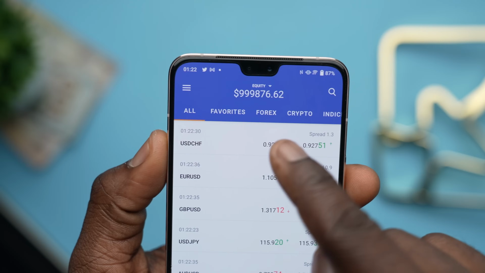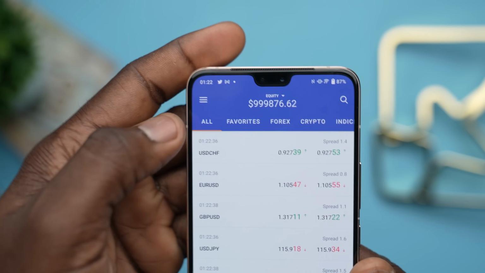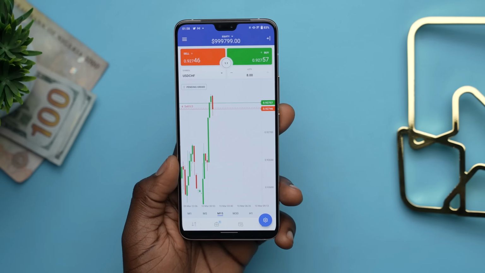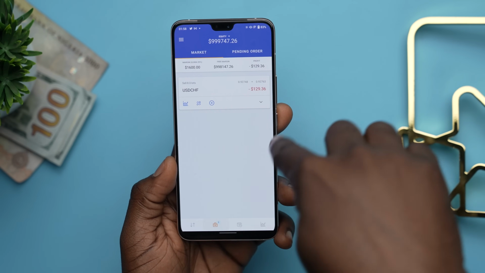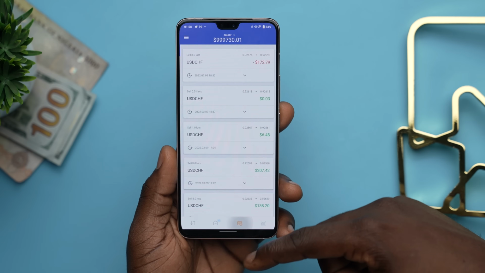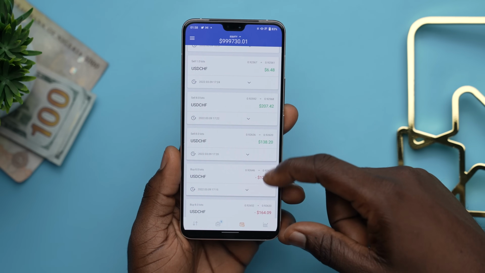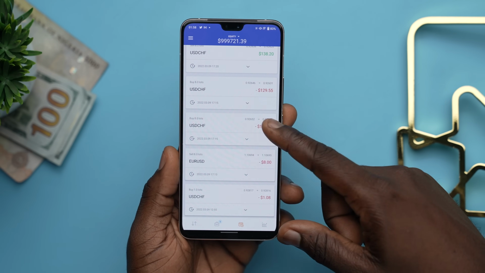And after that, you see a bunch of currency pairs. You can click on any one of these currency pairs and you see a chart of how the currency pair is performing over time. You can see your current trade, you can view your historical trades, and as you can see here, I've been practicing with my demo account, making and losing some money, although it's not real money.